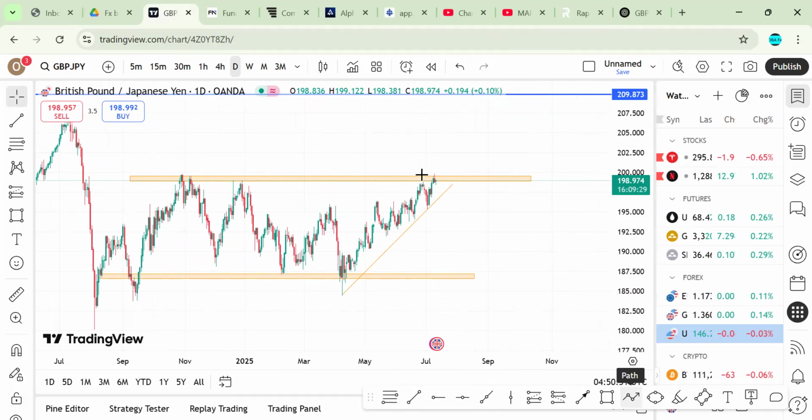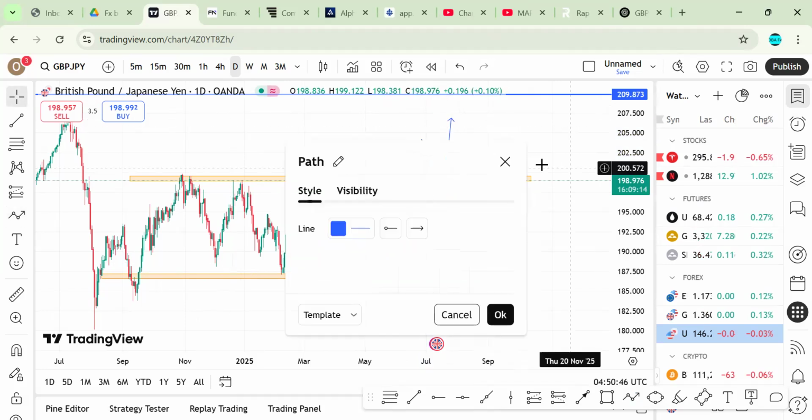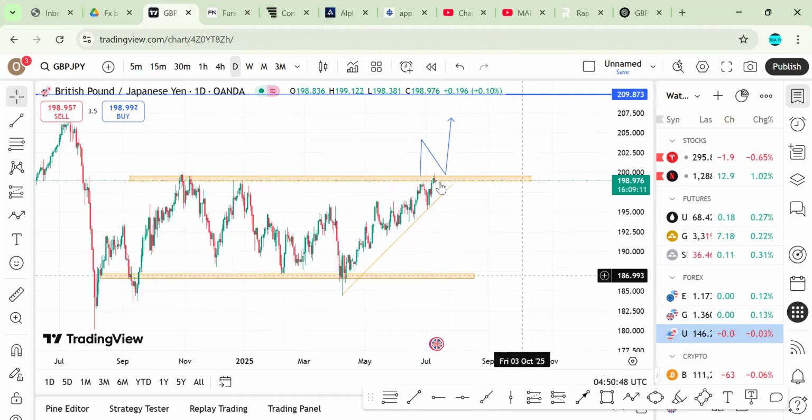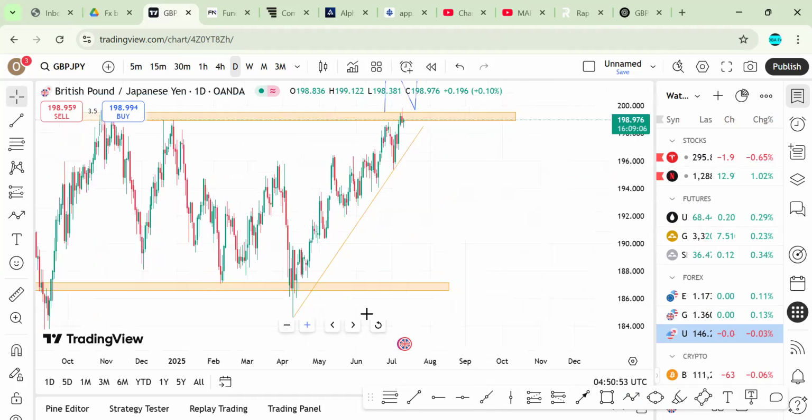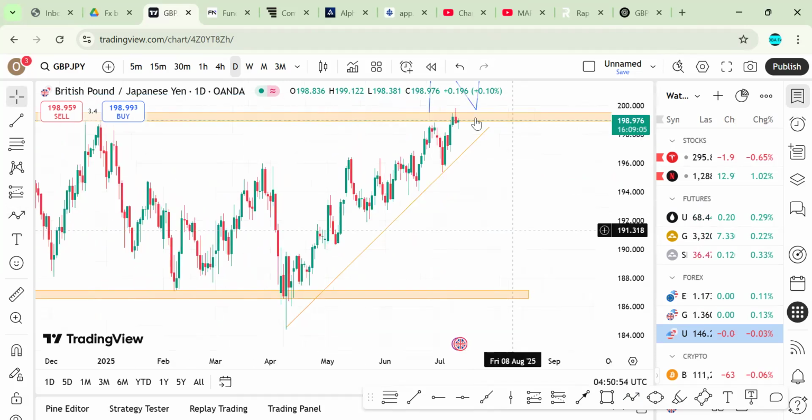So it's either we have something like this: buyers take out this resistance, wait for a retest, then we can now confidently look for buys, knowing that the market is ready to continue upwards to make a new high. Or we look at the kind of candlesticks that will present themselves in this resistance zone,